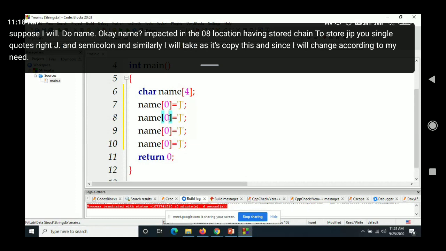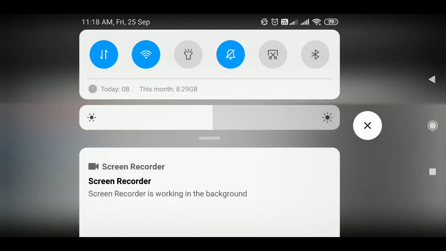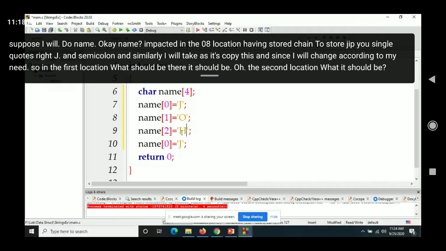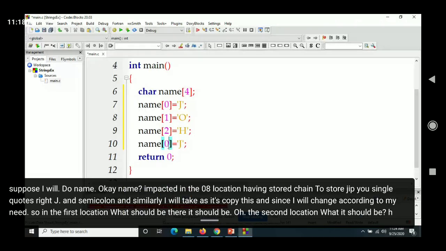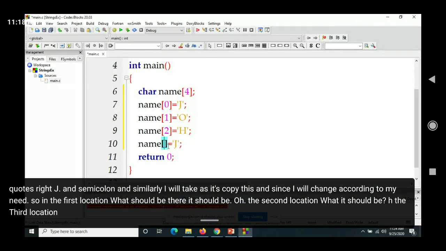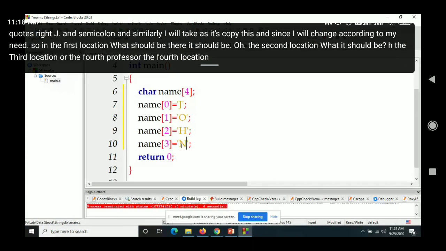In the first location, what should be there? It should be O. In the second location, H. The third location, or the fourth location, sorry, the fourth location is L.